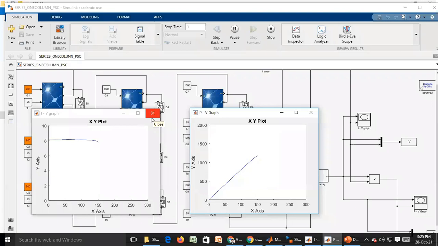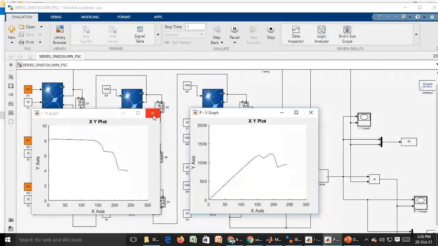This way you can create different types of shading: left side shading, right side shading, short narrow, long narrow, and central shading. You see the performance is like this.